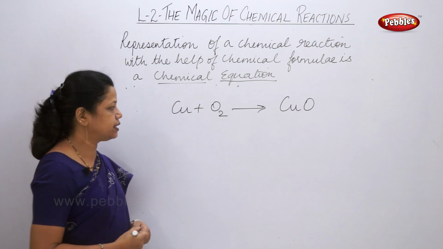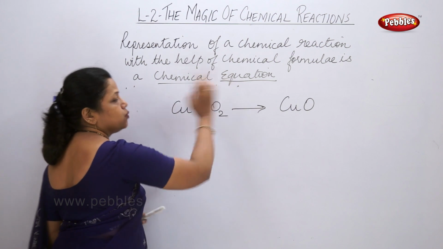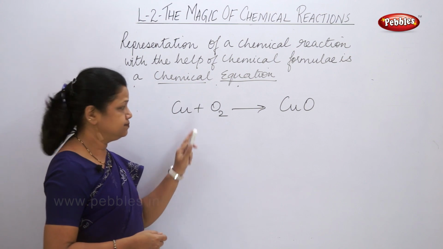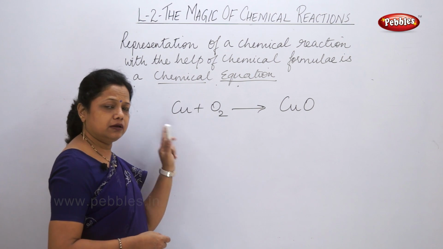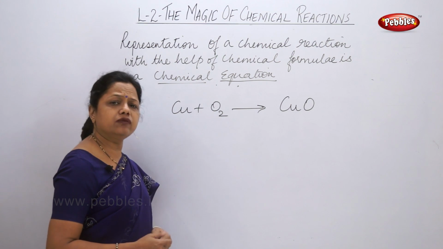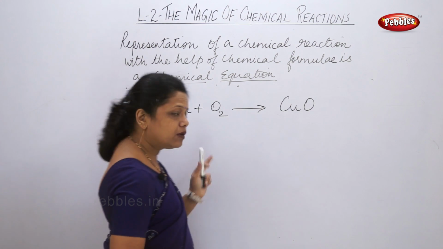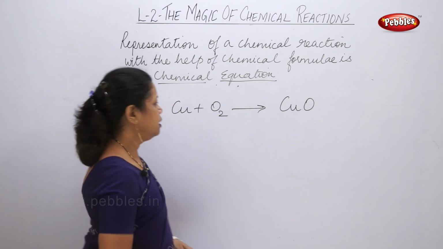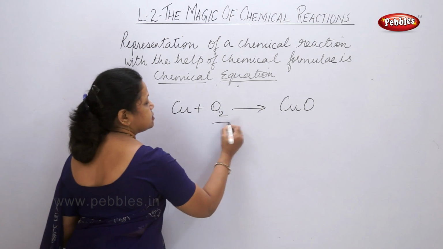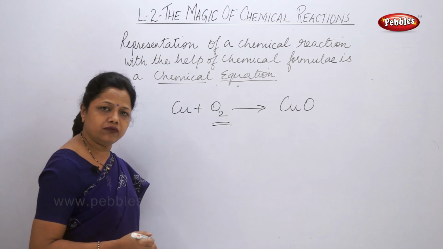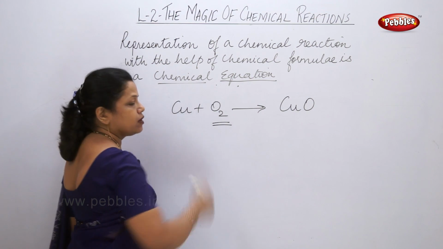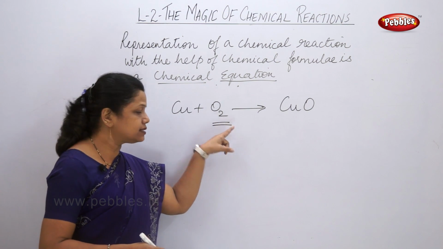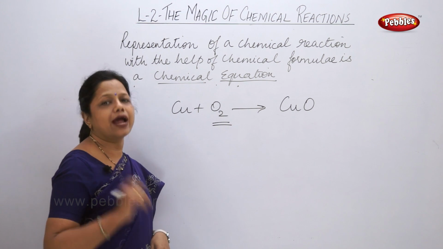So this copper oxide, this is the reaction. Simple chemical equation I have written. Chemical equation involves the symbols and the formulas. What is the formula of copper? Cu. What is the formula of oxygen? O2. What is the formula of copper oxide which is formed? CuO. Now as you can see, this is one molecule of oxygen. One molecule of oxygen contains 2 atoms of oxygen. This 2 written on the right side, lower side, shows the number of atoms.